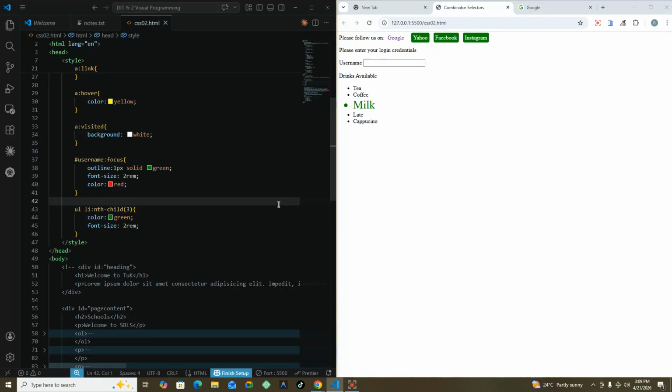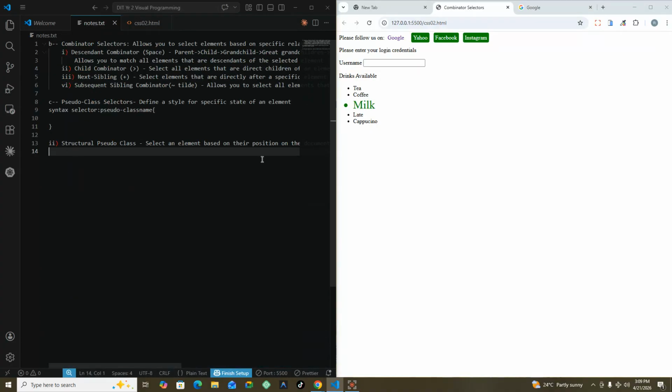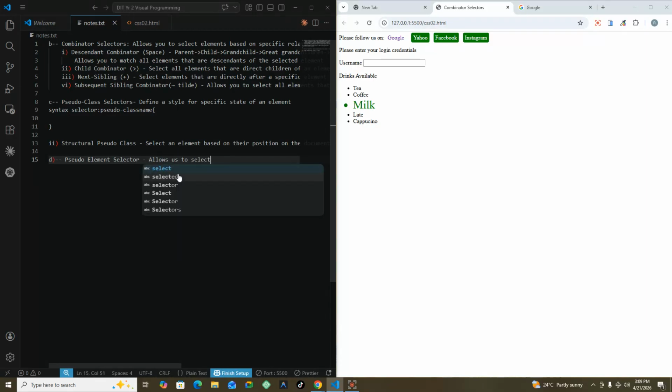All right. Then we also have another type of selector called the pseudo element selector. So that was C. Then we have D here. That was the pseudo class selector. Now we have the pseudo element selector. So what does a pseudo element selector do? It allows us to select and style a specific